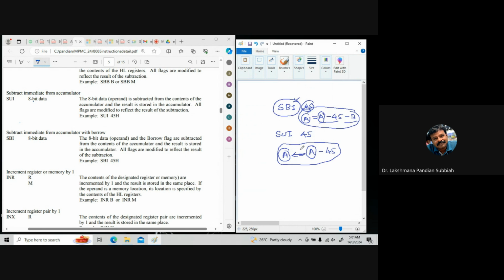No other register can be used. So if you want to subtract with the higher number, then whatever is in one register has to be moved to another register, and then you use it, right? Suppose we have the B register content and you want to subtract with borrow, then how do you do that? First you have to move that register content into A, and then we call subtract